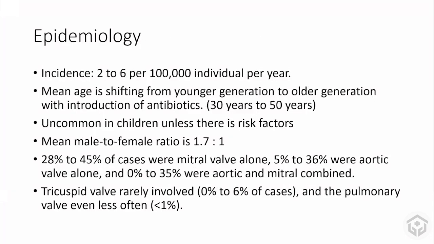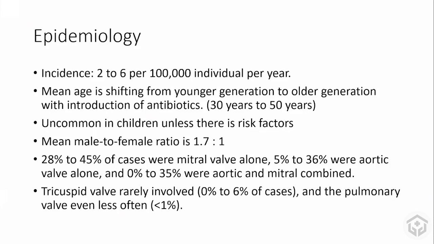Here, the incidence is 2 to 6 per 100,000 individuals per year. But there are two different entities: one is the clinical diagnosis, and one is according to Duke's criteria. One study says that among clinically diagnosed patients, only 20% fit into the definitive diagnosis. So there is a big gap. But we clinicians can't always stick to the criteria. So when a patient presents with symptoms suggestive of infective endocarditis, we have to manage them as such.